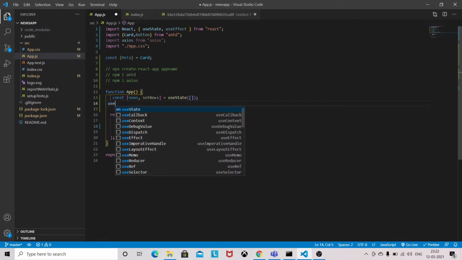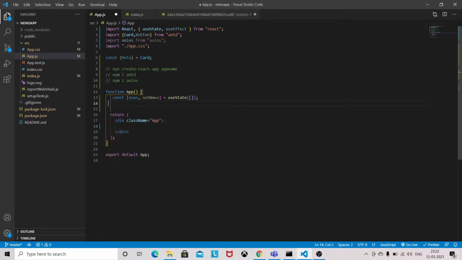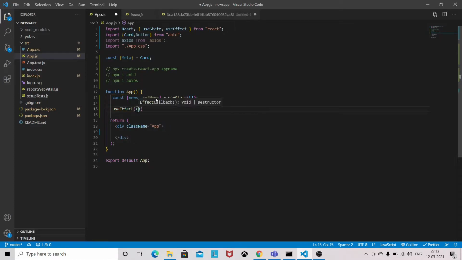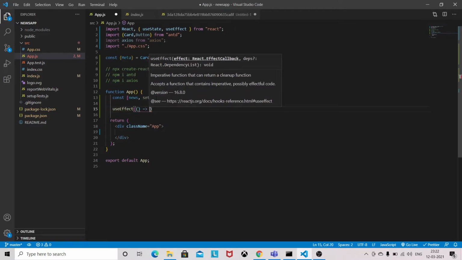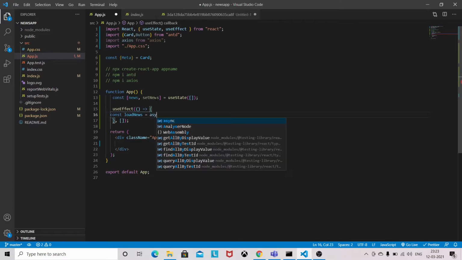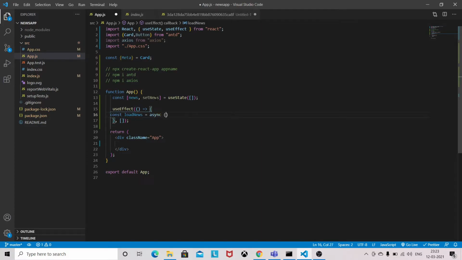Now we need useEffect to make an API call. Const loadNews. We will be using async await to make the API call.